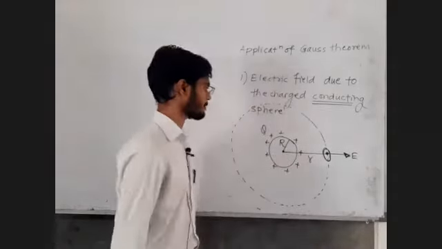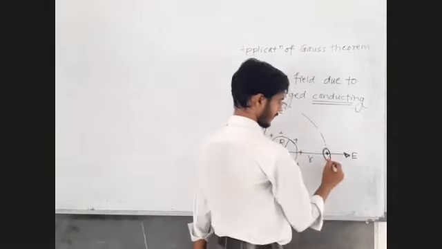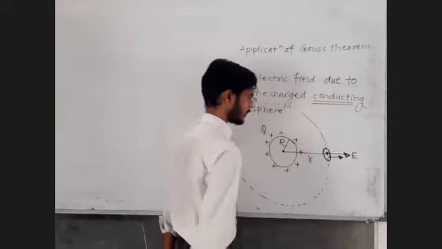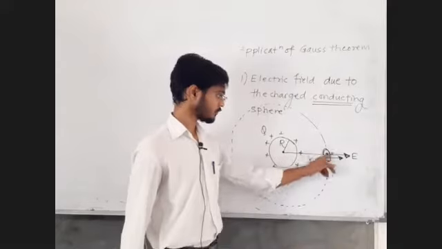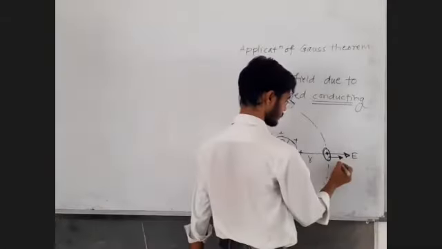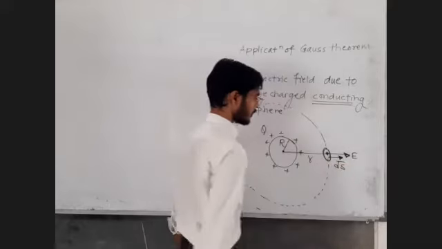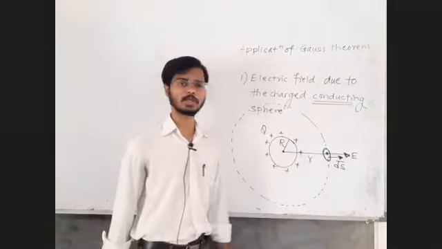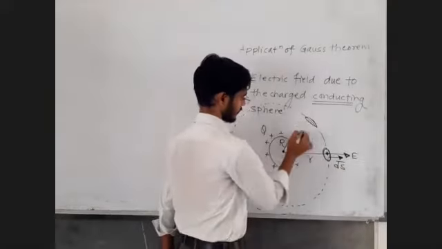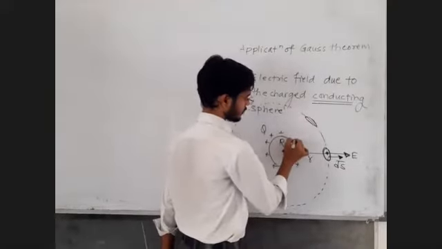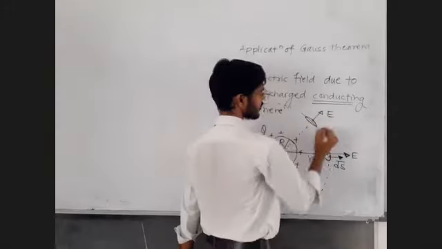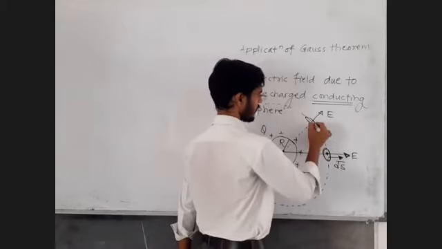Okay, sir. This is area vector dS. Sir, the area vector is perpendicular to the area. Yes. So the electric field is also perpendicular to the area right now. This is true at all the areas. At this area, the electric field will be like this, radially outward, because of the symmetry of the system, and the area vector is perpendicular to the area.